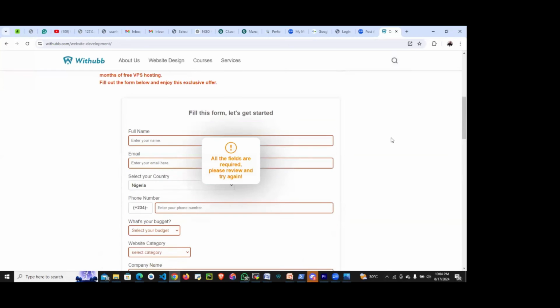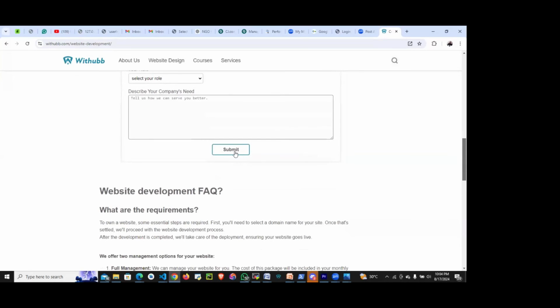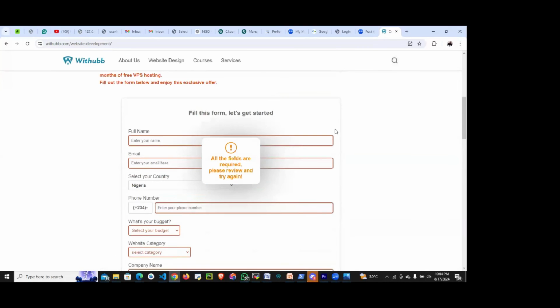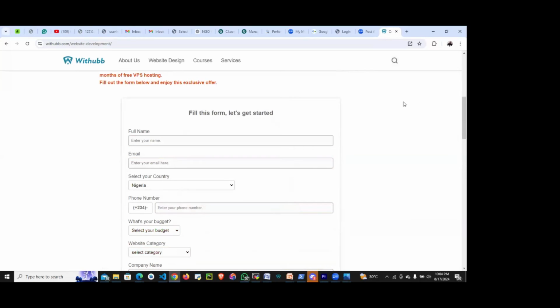If I click it, no matter the number of times I click it, it takes me back, and it's okay. It even moves me up, so I can start from the very beginning to input those things. So those are the work of JavaScript. And then it also detects. Now, if I add